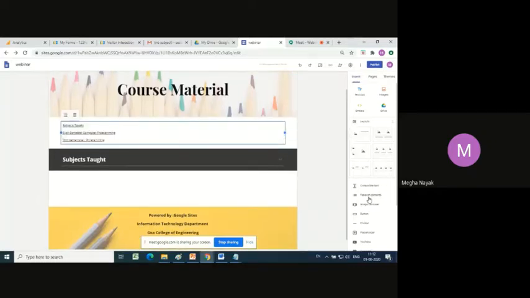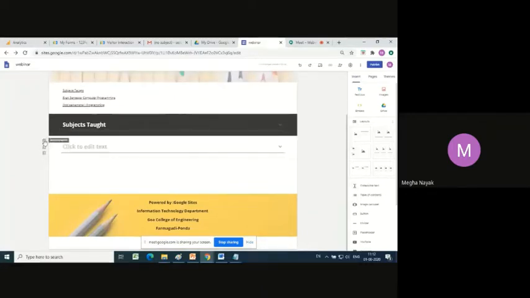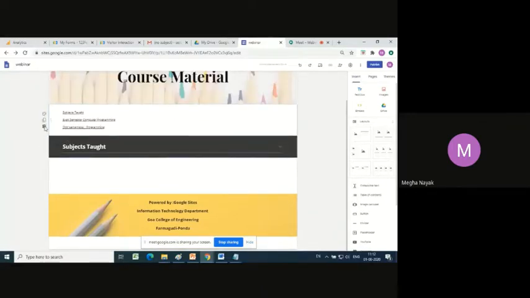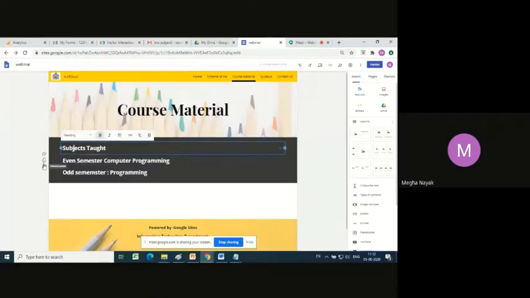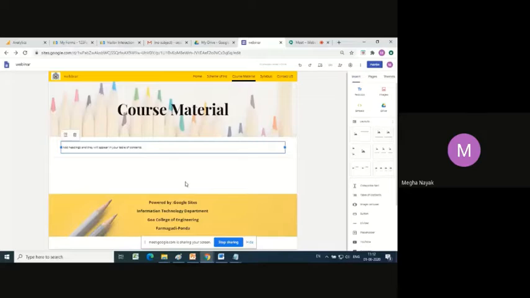Now when you're demoing table of contents, I'll show it over here. I'll just delete this. When you're demoing table of contents, you have to understand that whatever you are punching in has to be as a header.